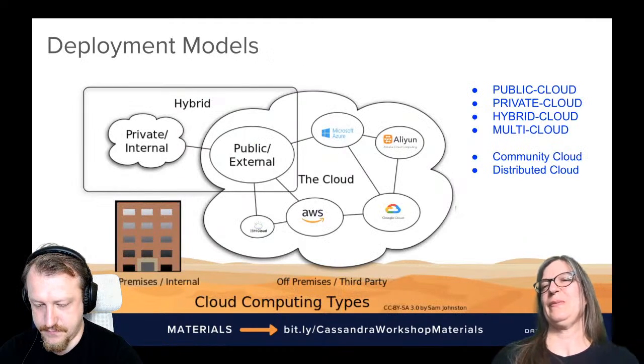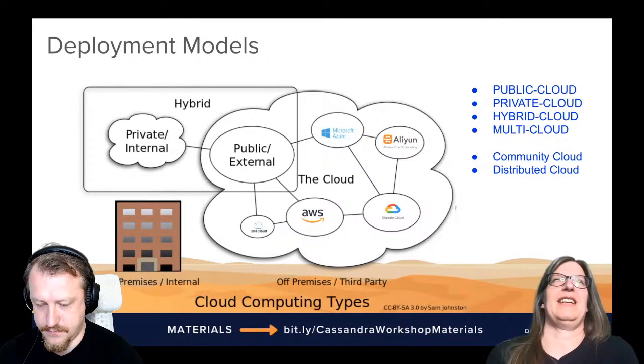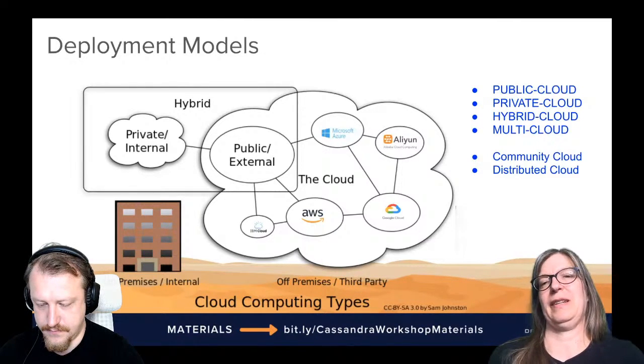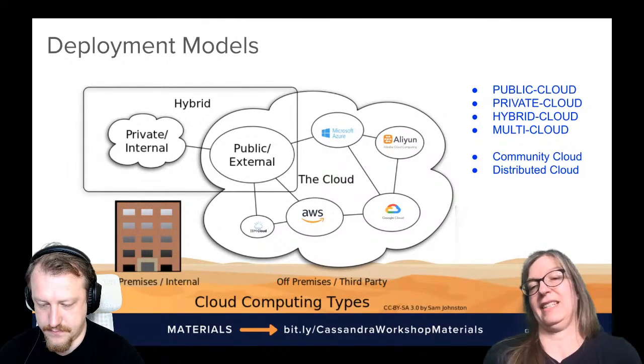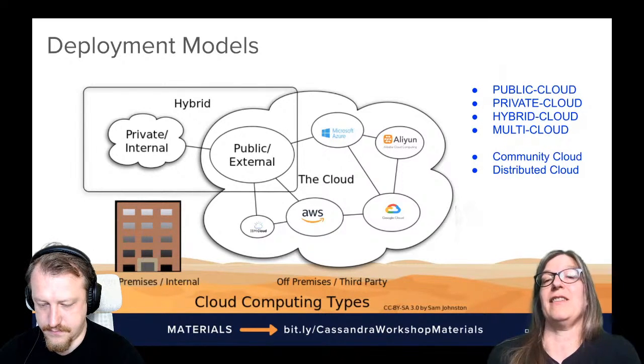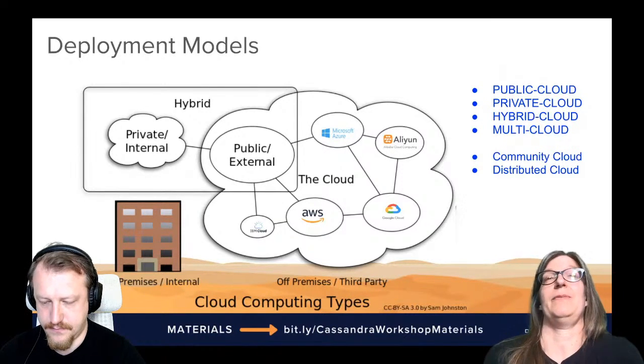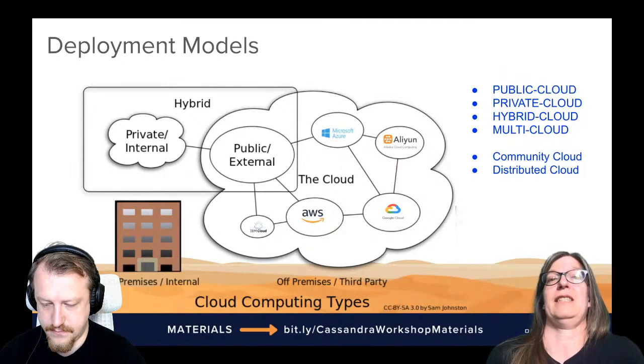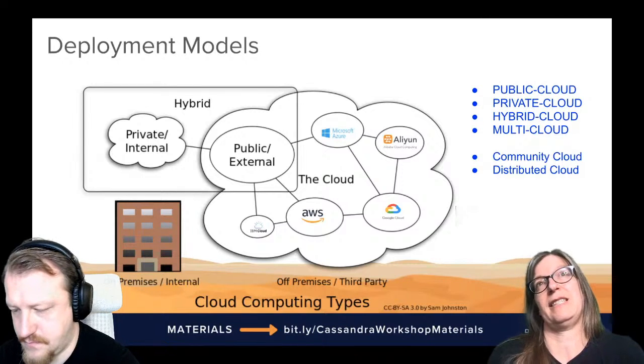Cool. So deployment models are just a couple of terms, really. Public cloud is basically what we just started to cover. Private cloud is also common, right? That is where you organize your on-premise resources in such a way that they function like a cloud for you. They're almost like a remote cloud, but they're all under private management.